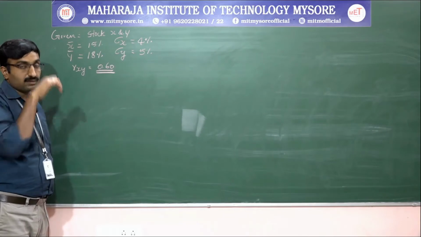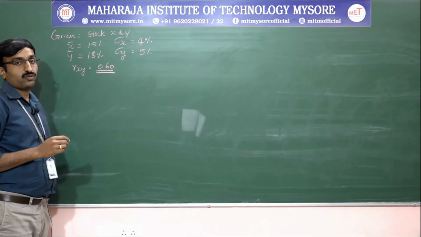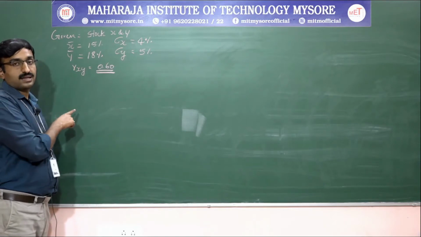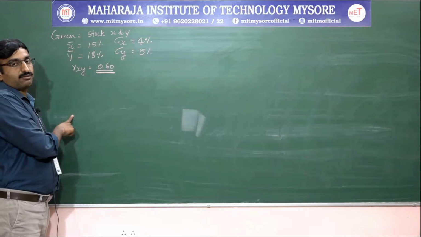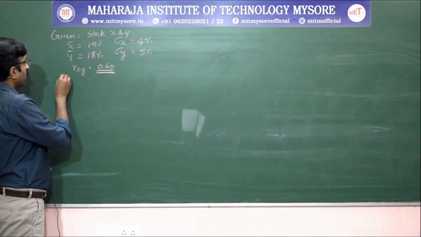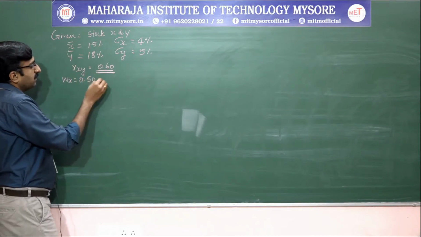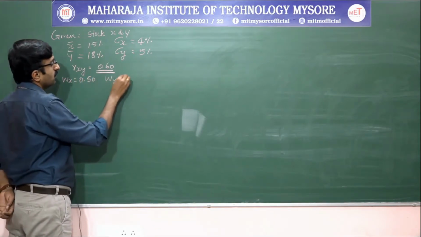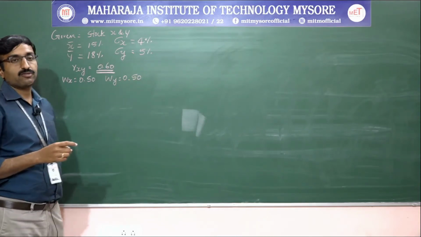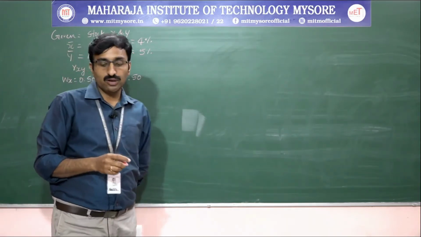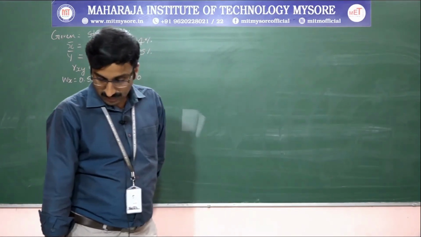Okay, and in the question they have stated the proportionate value. So, while they are investing the money, equally they consider, that is 50:50 they consider. So, while we consider the weight, we have to find out how much proportionate they have fixed. So, here the weight X is 0.50, 50%, and weight Y also 0.50. So, out of 1, 0.50 X and 0.50 Y. This is how they have given. Okay.